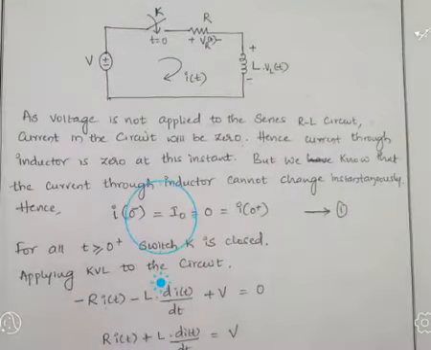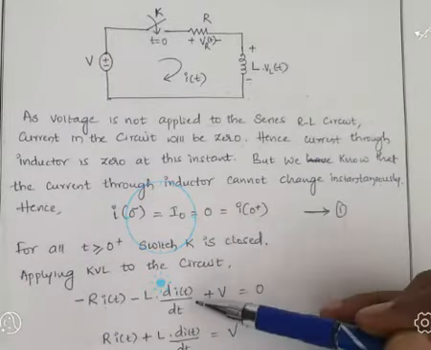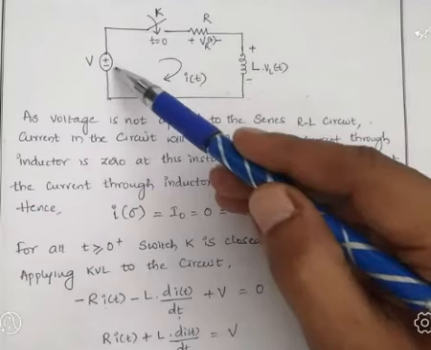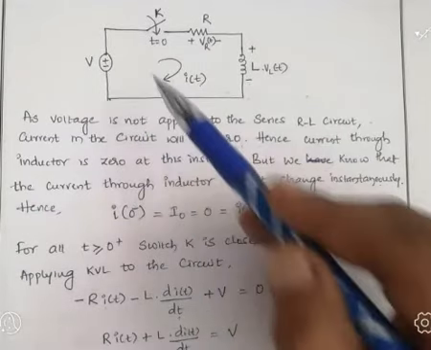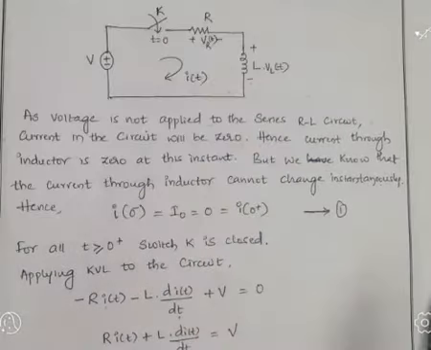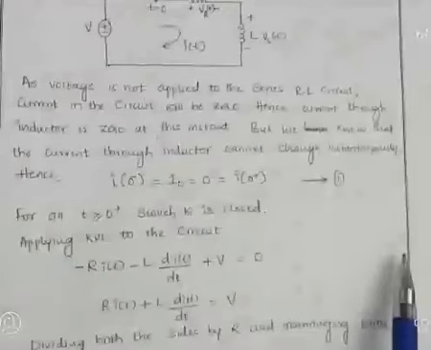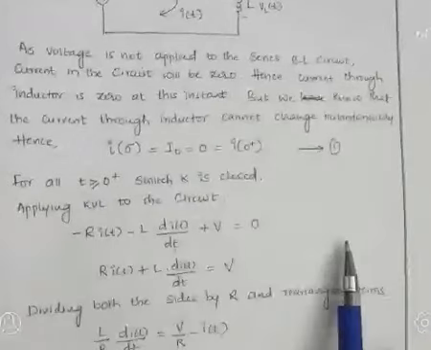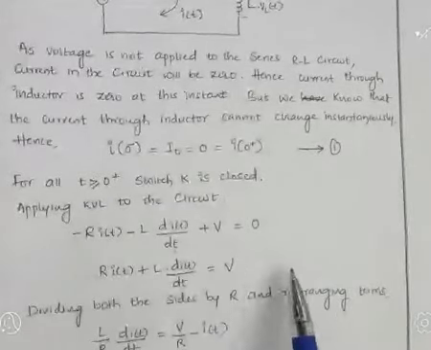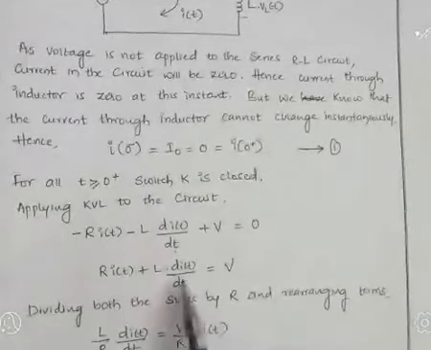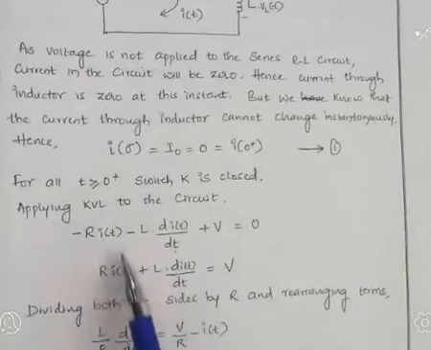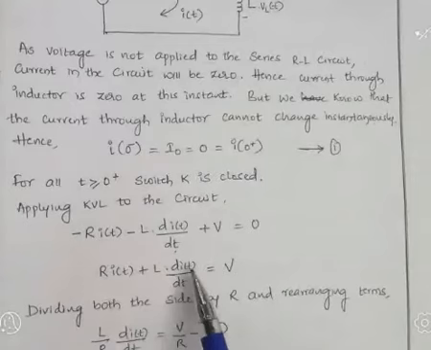L into di(t) by dt, and the direction of the arrow mark is pointing towards plus, hence plus V equal to 0. So we applied KVL to the circuit. For simplification, I'm going to take this part except V to the other side, hence it becomes plus, hence R into I(t) plus L into di(t) divided by dt